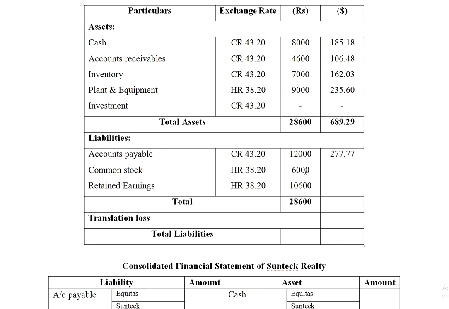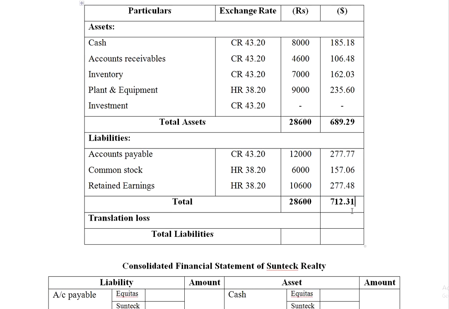Similarly, we have to divide the 68 by 38.20 and 10,600 by 38.20. The values are like this: 157.06 and 277.48. So when you add all these three things, the value is going to be